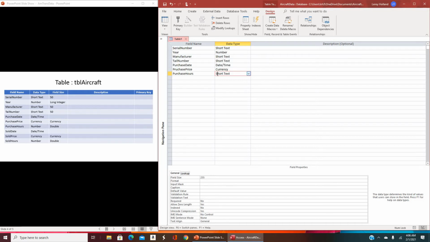Well, in most aircraft, you have an hour meter that keeps track of the hours that the engine, or engines, have been in operation. What that does is allow you to know, for example, when to perform service and what the service intervals should be, some of which are mandated by the FAA. So we'll change this to number,